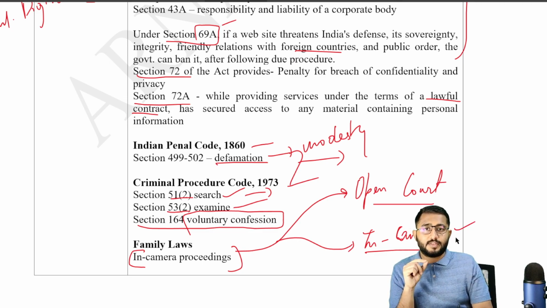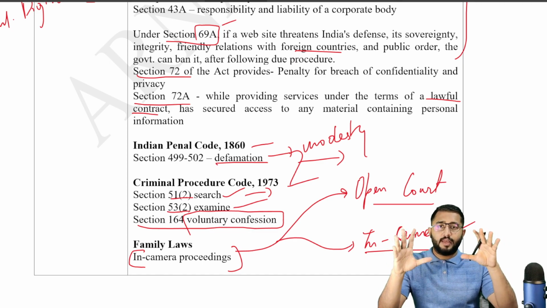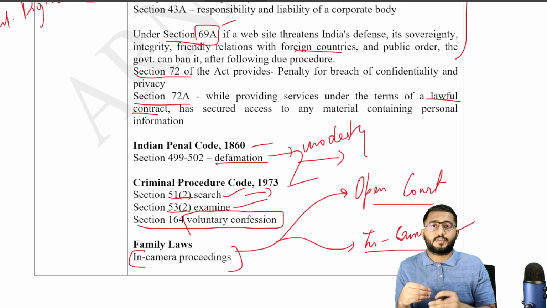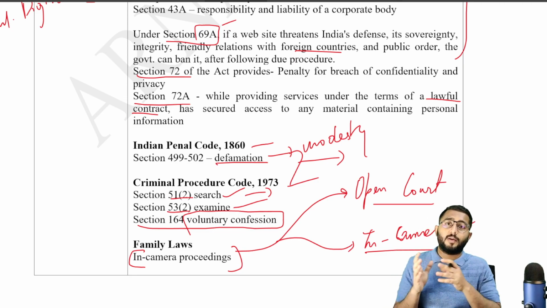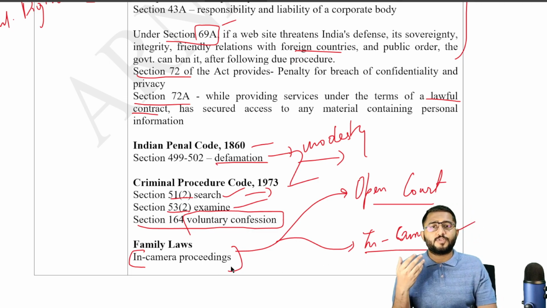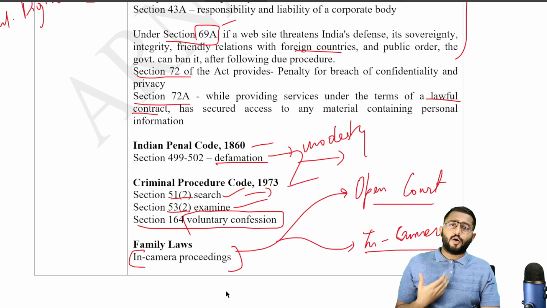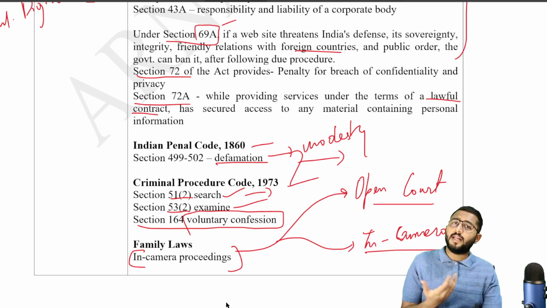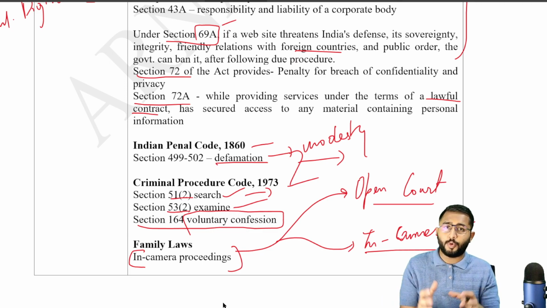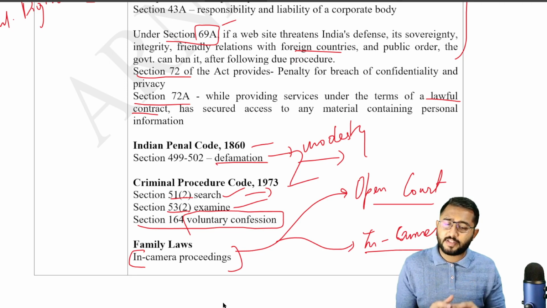Remember, in-camera proceedings does not mean कि कैमरा लगे हुए हैं, सब लोग देख रहे हैं. In-camera proceedings is proceedings through video conferencing, where the persons related to the case are not required to come physically to the court. This is very different from video conferencing जो Zoom call के through होता था. ठीक है? Now, family laws have this provision of in-camera proceedings because the court recognizes that the relationship between a husband and a wife is a very intimate one. So what happens in the family should stay in the family, if both parties agree that this needs to be solved between us, and this should stay in the family.